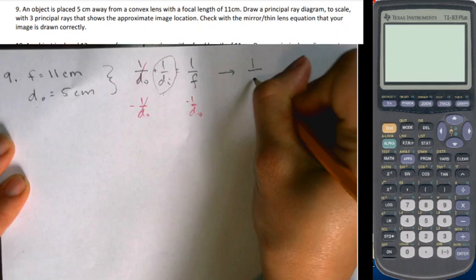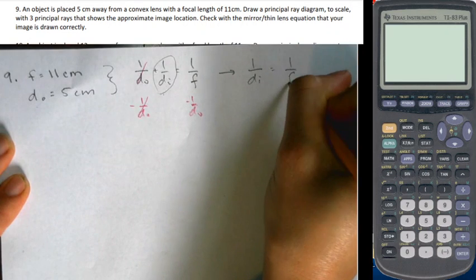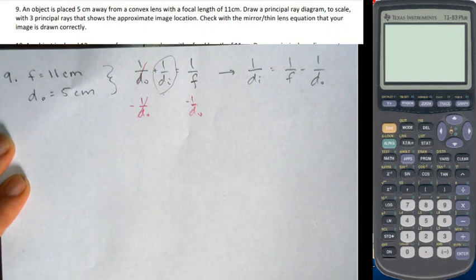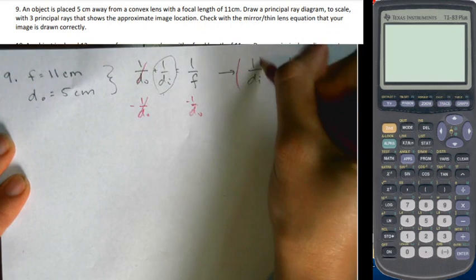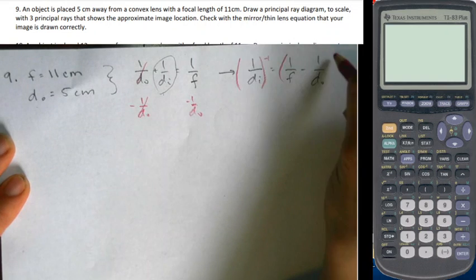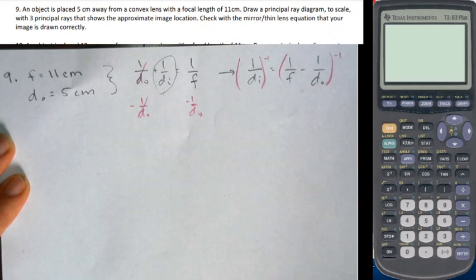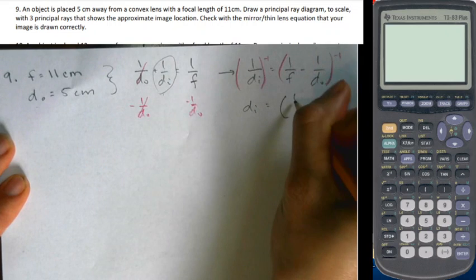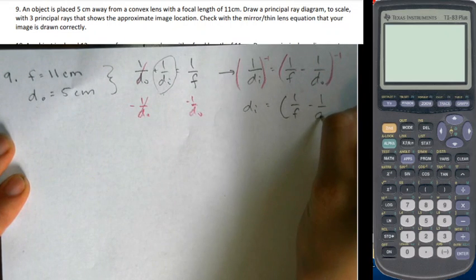It says 1 over di is 1 over f minus 1 over dO. And then I'm going to take the reciprocal of both sides, so both of them to the negative 1 power, to solve for di. And that gives me that di is (1 over f minus 1 over dO) to the